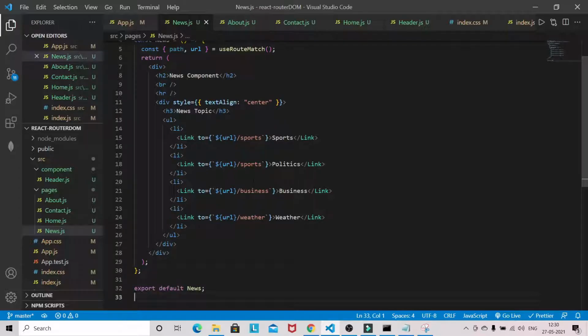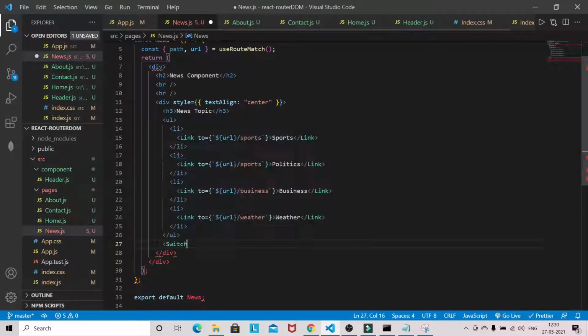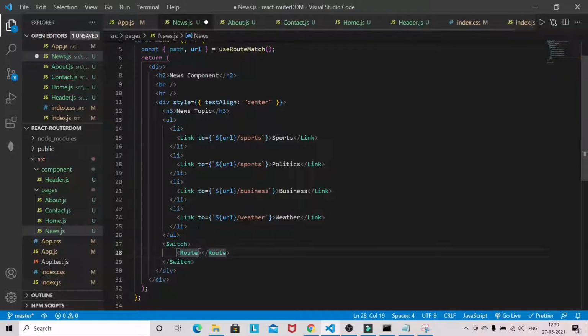Now we have to use a Switch here. So Switch, Route, exact path.